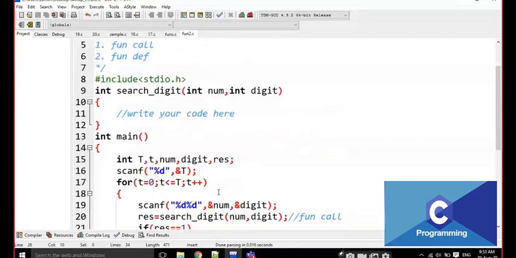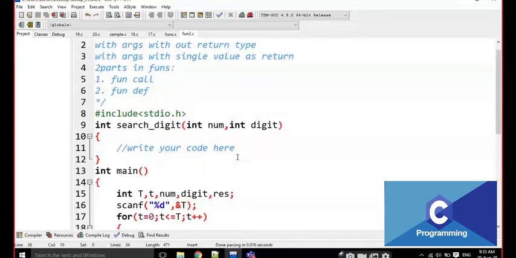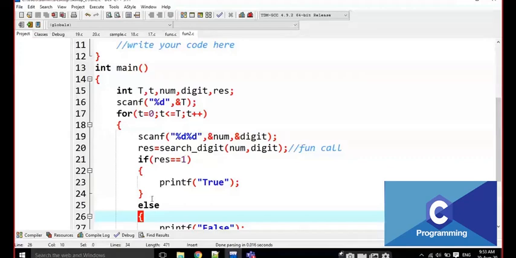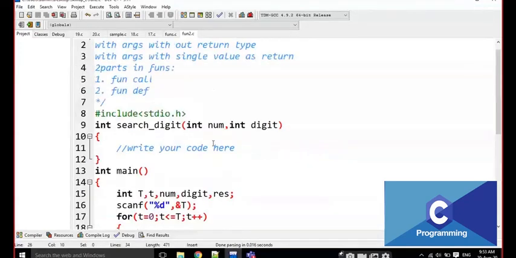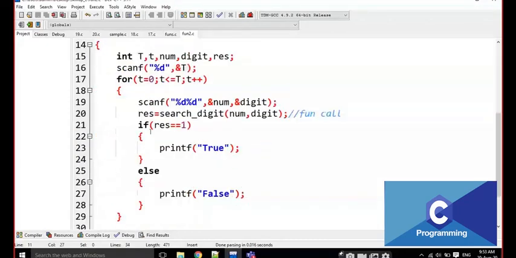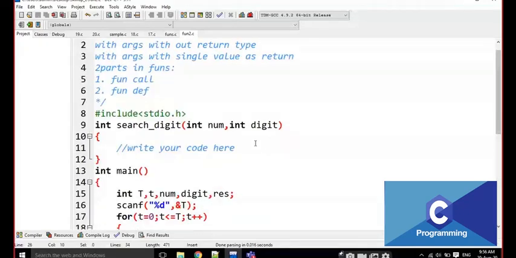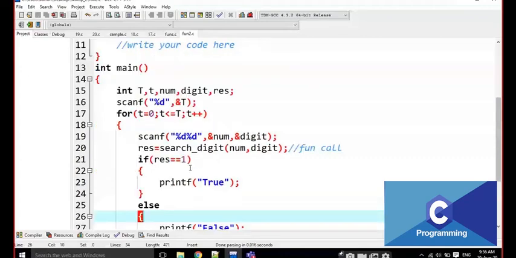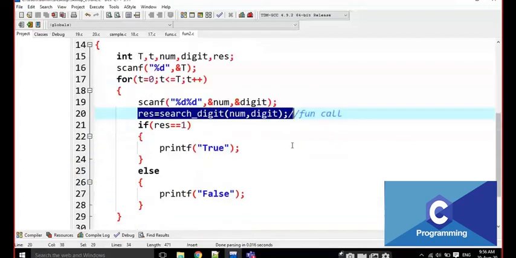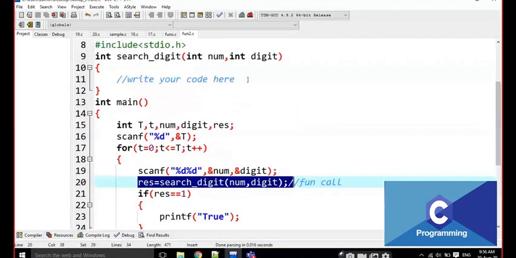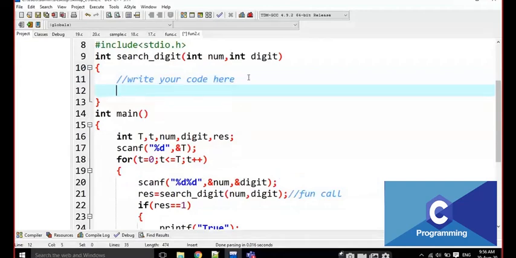Then we have to develop the logic based on this main program. Every time, based on this main program, I have to develop here. Look here, the result is 1. Here we are going to develop the functionality. Every time this is calling one functionality based on that main program. We have to write the logic based on this one. That means the result is going to be 1 for true and other numbers for false. Now I am going to develop the same logic.